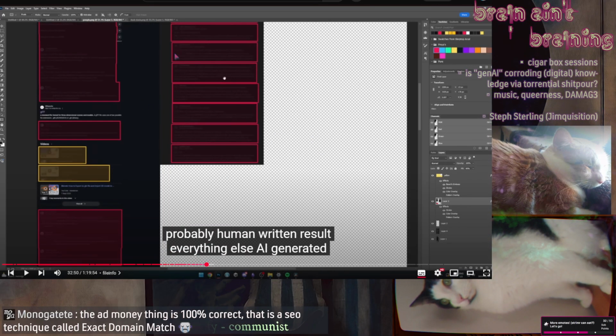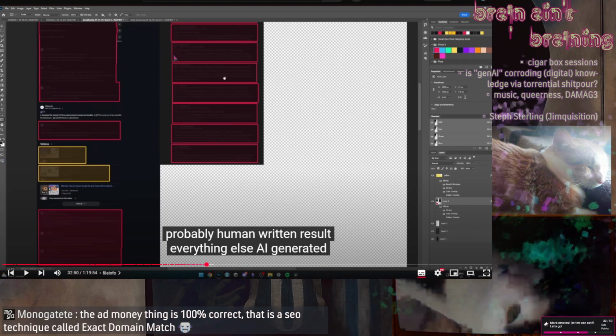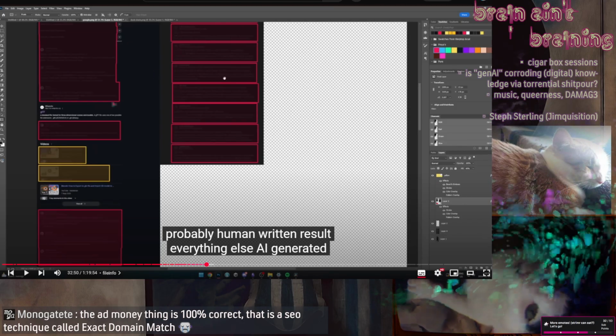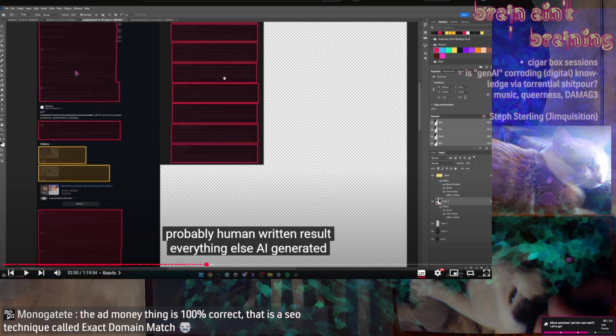Mono says the ad money thing is 100% correct. That is a SEO technique called exact domain match. Yes, SEO is search engine optimization, I think. But yeah, it's